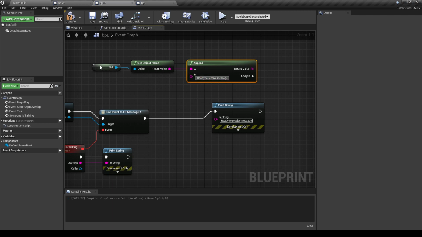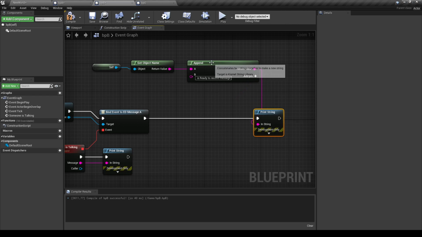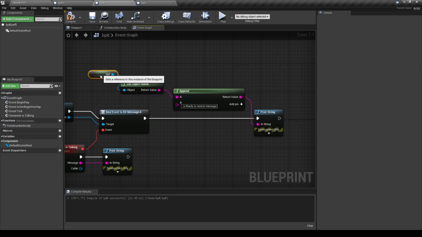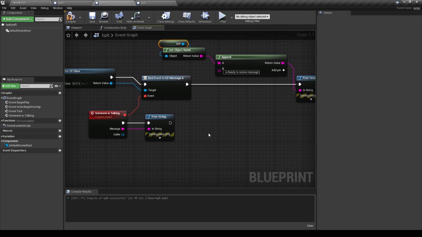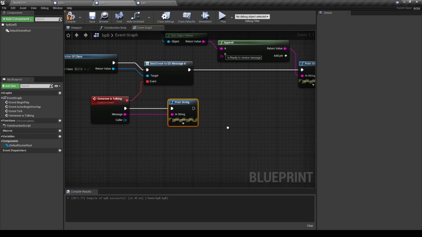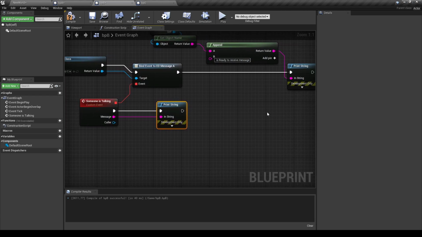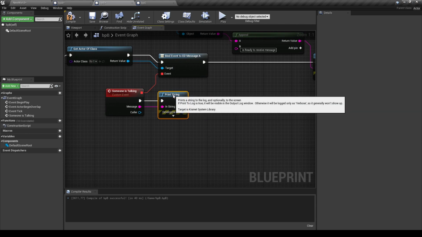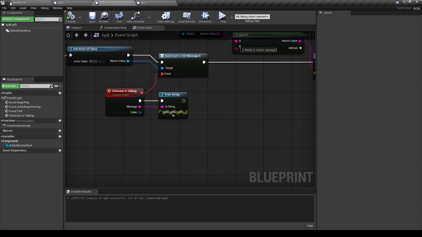So here we have the name of the current blueprint that will be concatenated with this message. So it will be something like Blueprint B is ready to receive message. And then we put that inside the print string. Okay. We can also add maybe later on. Let's play.